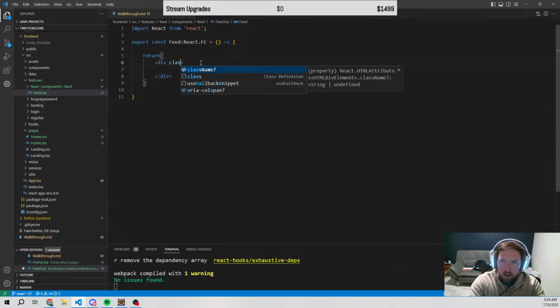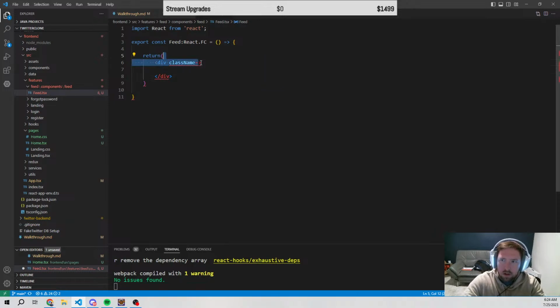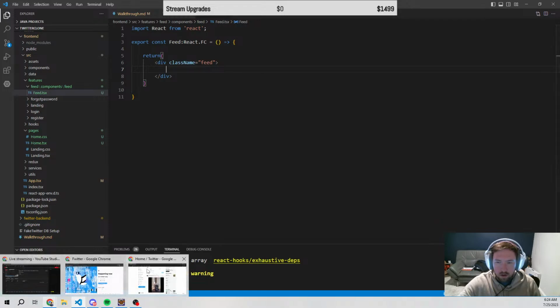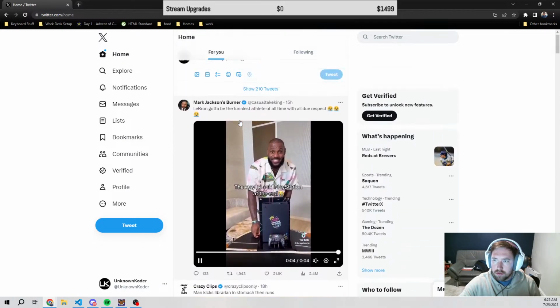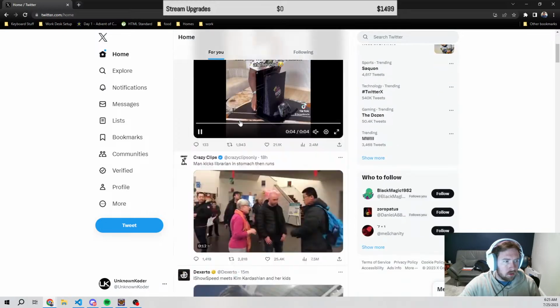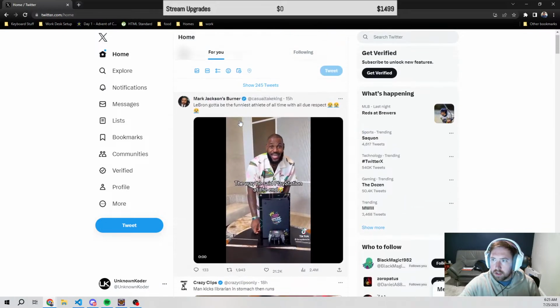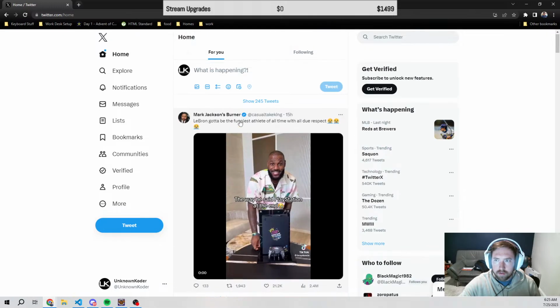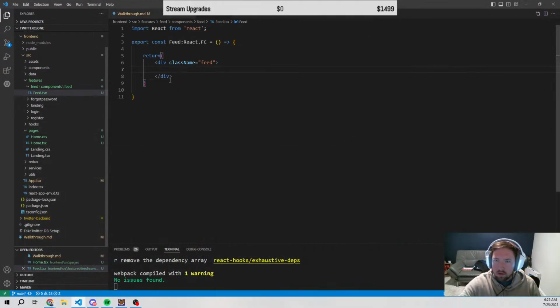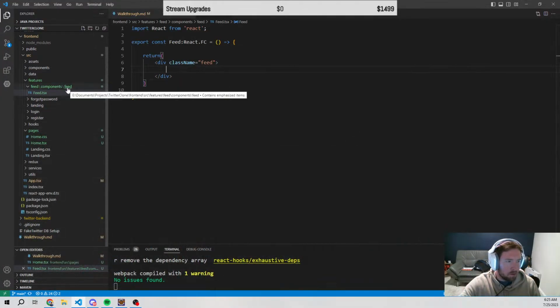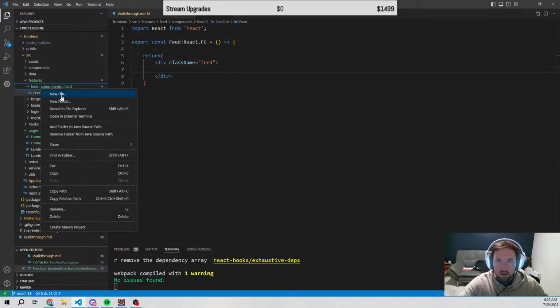And so now we'll have a class name equal to feed. And the feed's gonna have several components inside of it. So if we come back into this Twitter, the feed has the top home bar. So I'm gonna make a component called feed bar, or feed. I don't really want to call it feed bar, but feed top or something, or sure, feed top is probably fine. So make a new component inside here, new folder,